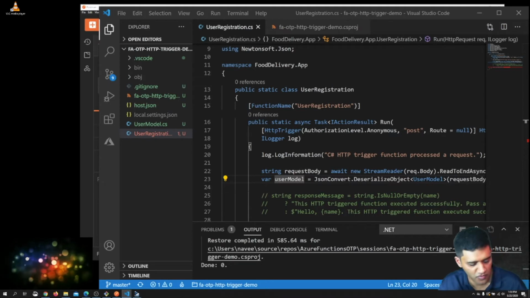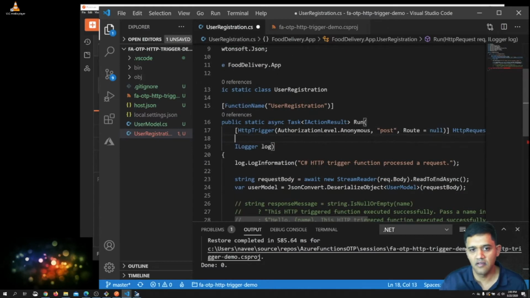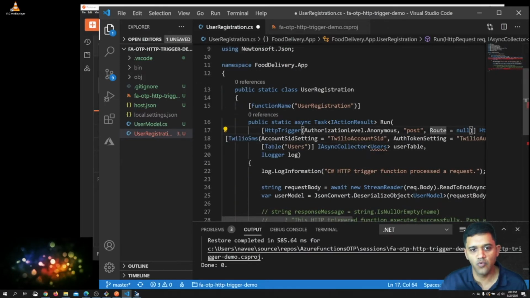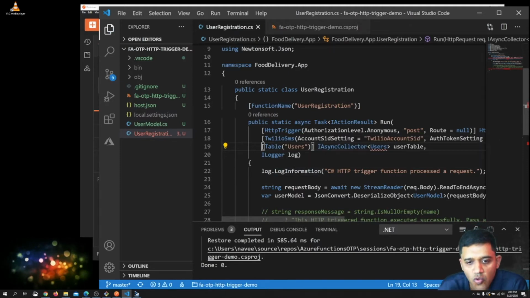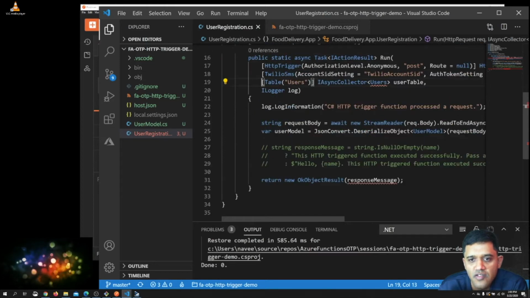Let me walk you through those attributes. Here I'm adding one for Twilio, sending the Twilio SMS, and another one for storing the user information in the user table.